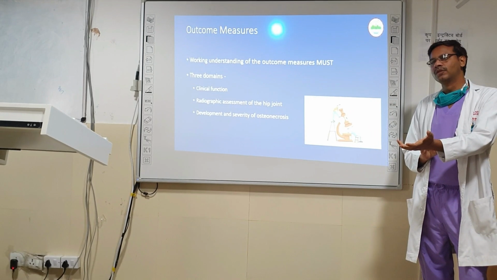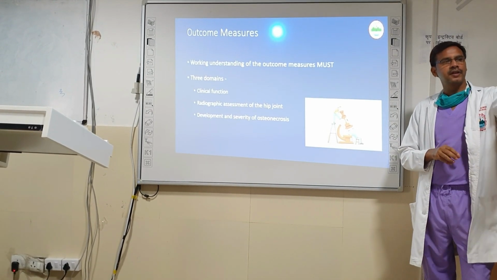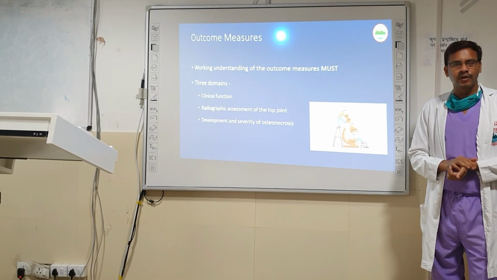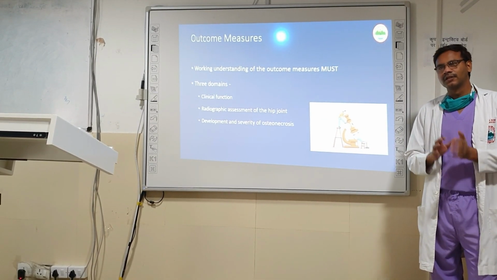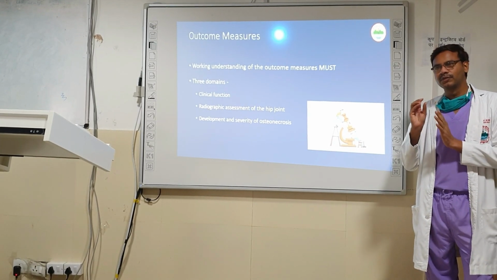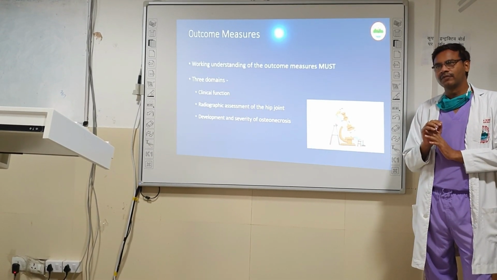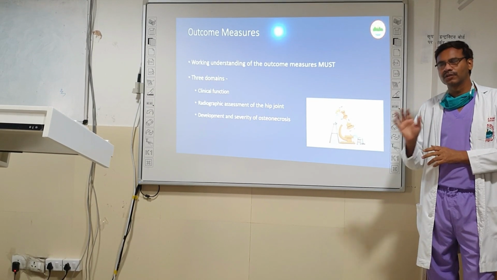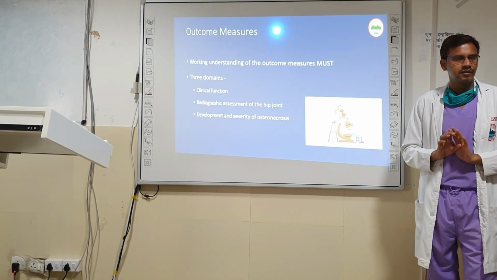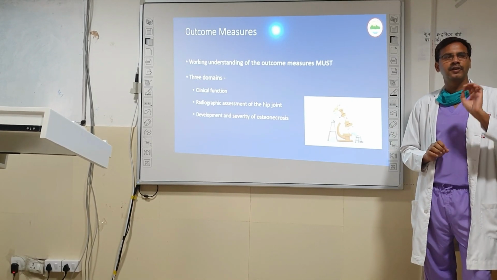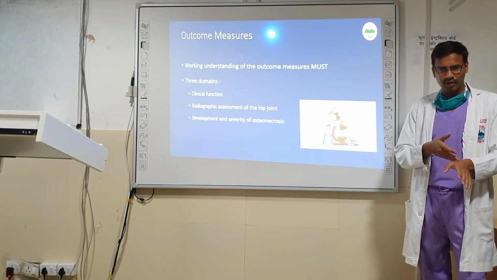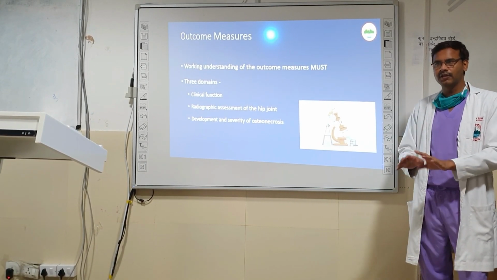Suppose I want to do plating in a Galeazzi fracture like he did that day. So what are my objectives? My objective is that there should be a solid, nice union. The implant should be stable enough so that physiotherapy can be initiated as soon as possible, and there should not be any immediate or late complication. These are my outcome measures when I am trying to operate any case, whatever. I am fixing a scaphoid, I am doing brachial plexus, I am doing TKR, THR, whatever.